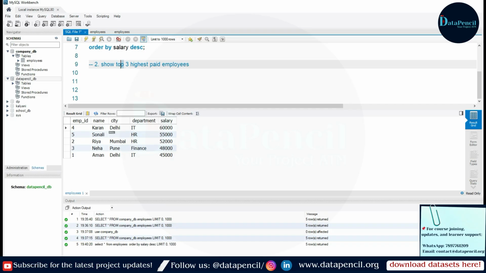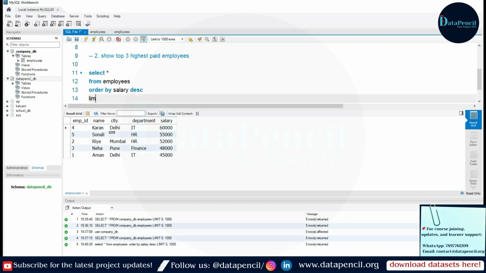So for the top 3 rows, we write select all columns from the employees table. Now we have to impose order by on the salary column, in descending order, and limit it to 3 rows only.